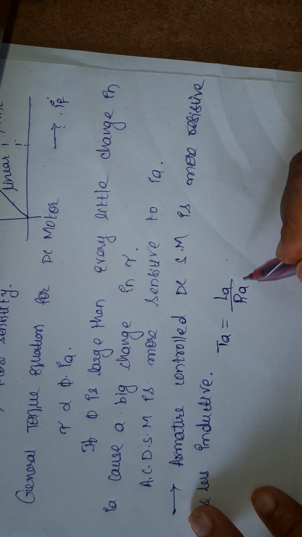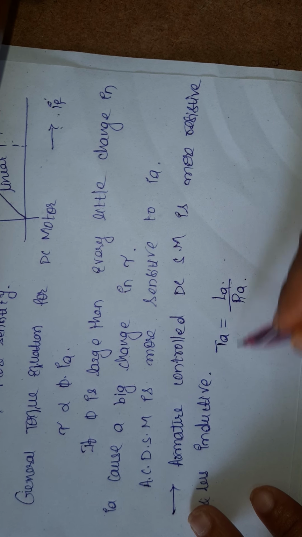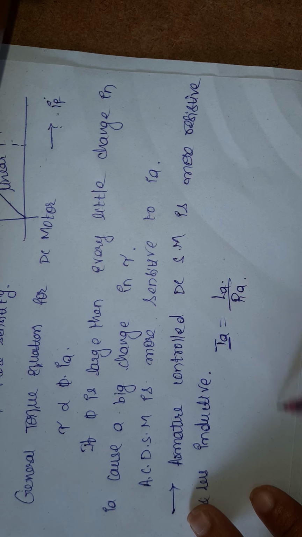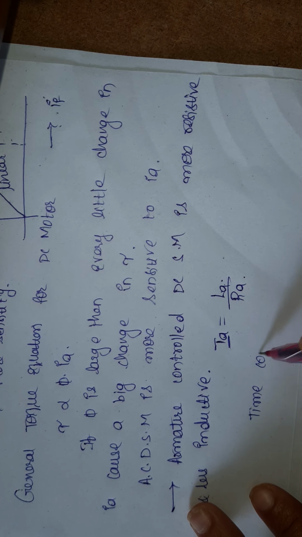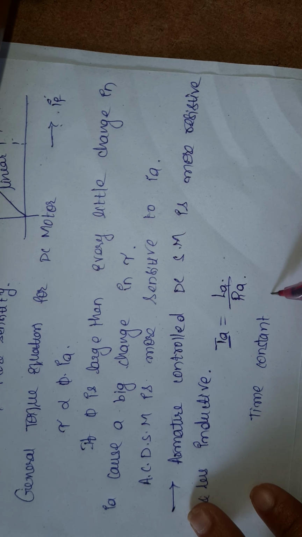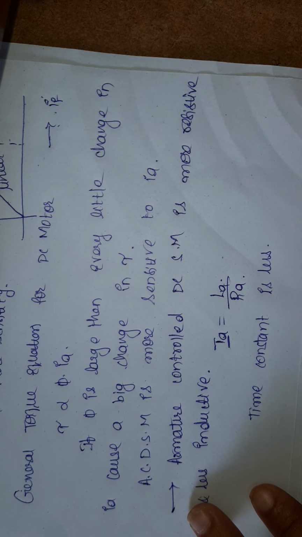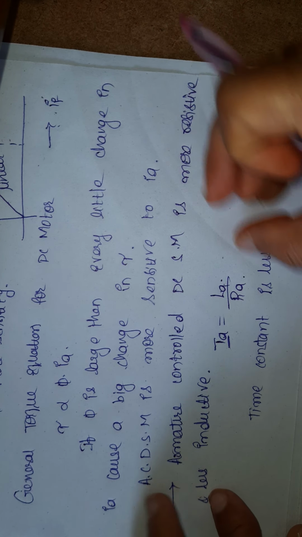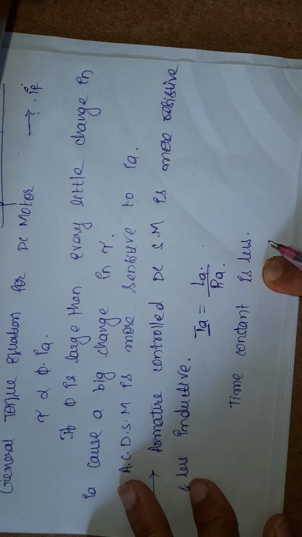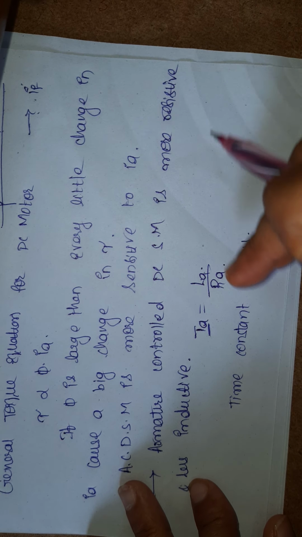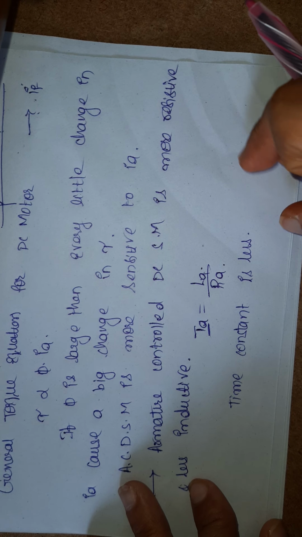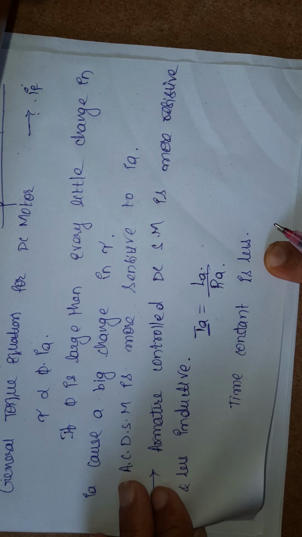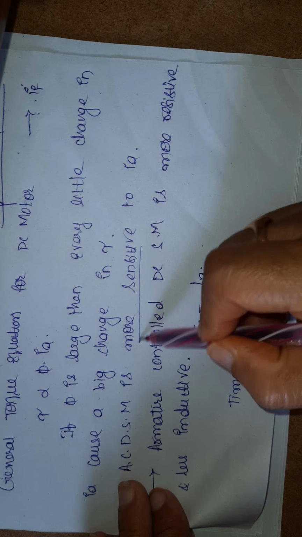So if it is more resistive and less inductive, the time constant is directly proportional to the inductive value. If it is less inductive, the time constant is less. Time constant is less means in a very short span of time it is responding to the changes. If the time constant is very high, it is responding to the changes very slowly. Here the time constant is less, so it is responding to the outputs very fast, which means it is more sensitive